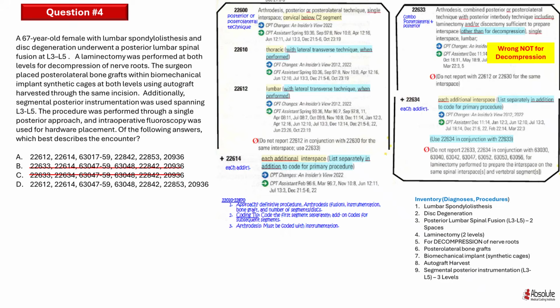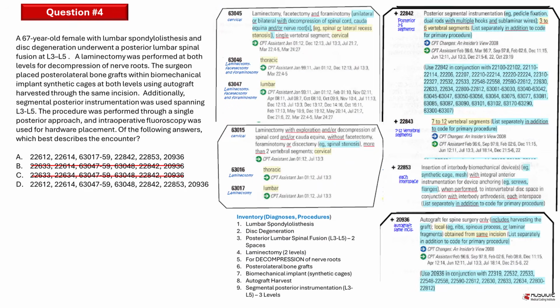Now let's continue. All right, so we know that our primary codes are okay at A and D. Now let's turn our attention to the second code, and this might tell us a lot more because the second codes are different. 63017 with modifier 59 at A and 63047 with modifier 59 at B. So I'm going to start with